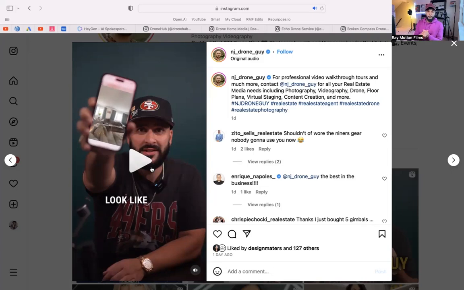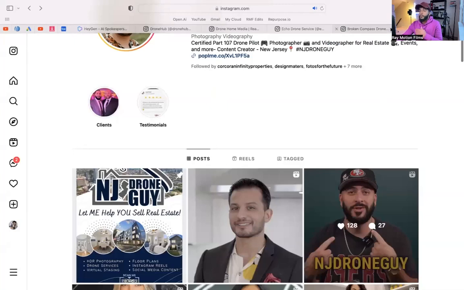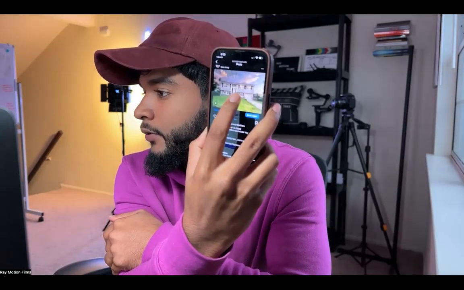You could do the same thing. So where he's pointing out his phone right here, you could be showing that down low image. And then later in the video, you can actually show that drone shot that you took and show the side-by-side comparison of it. But yeah, you guys actually getting in front of the camera and talking about different shoots that you did, building a personal brand around you and what you do is going to make you shoot to the stars faster than anyone else. So this is actually a pretty cool piece of content that you guys can make.